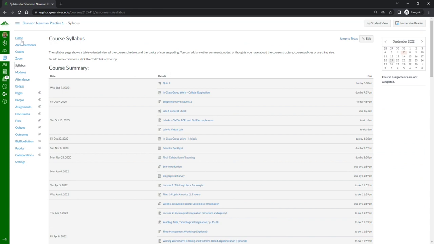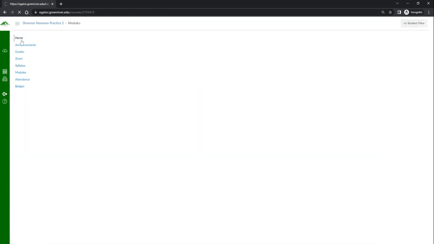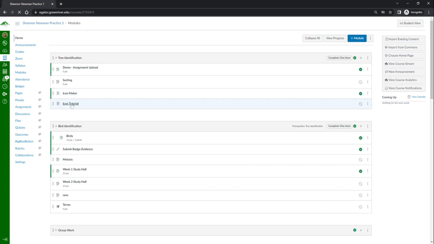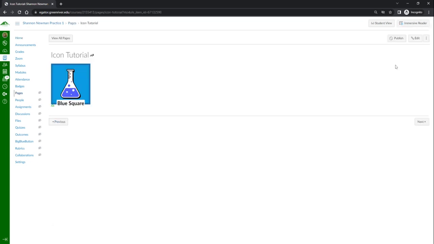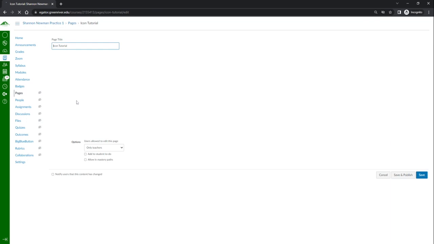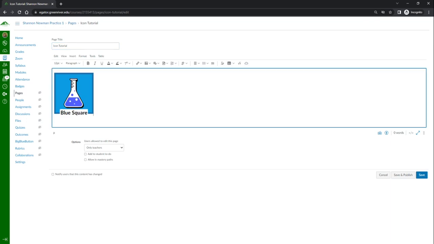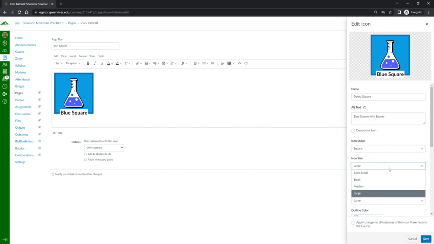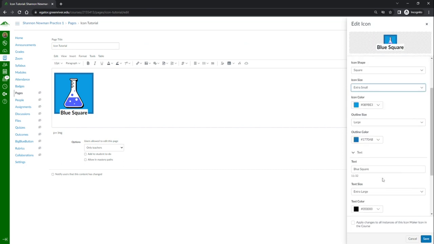Other things you might use the icon maker for, if you wanted to kind of jazz up some of your pages. So let's say, for example, let me go back to this one. Let's say this is a content page, and maybe I'll edit this and make it smaller. And I'll get rid of the text.